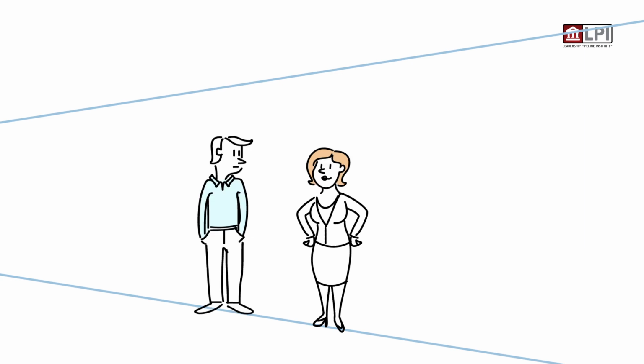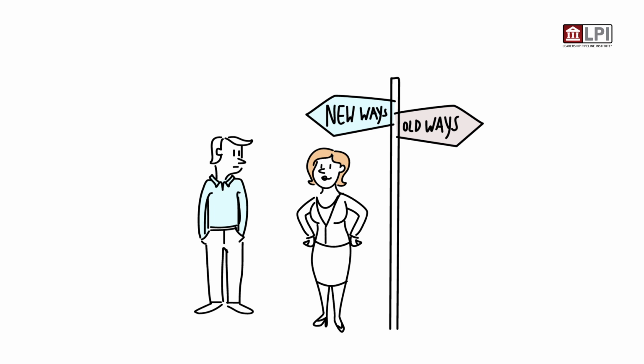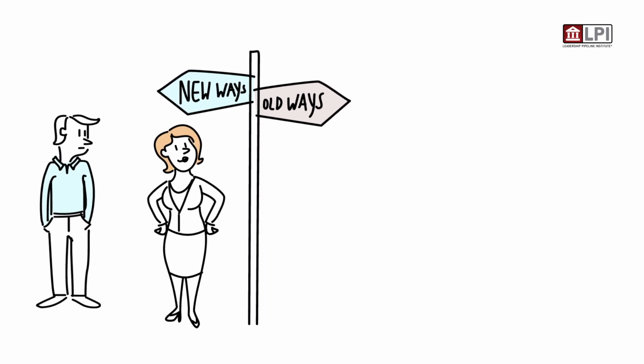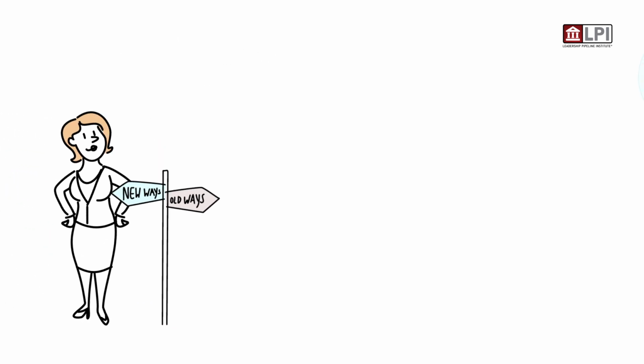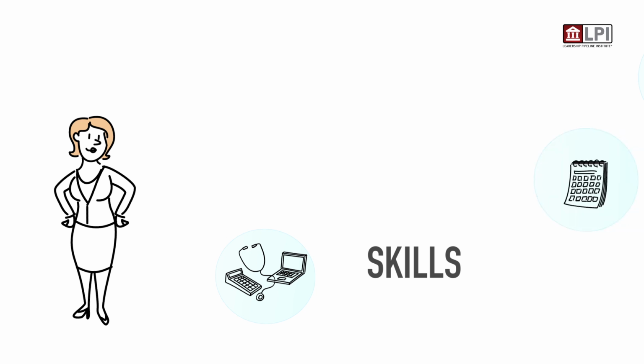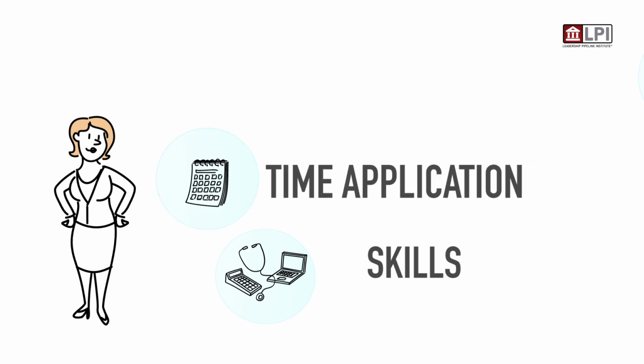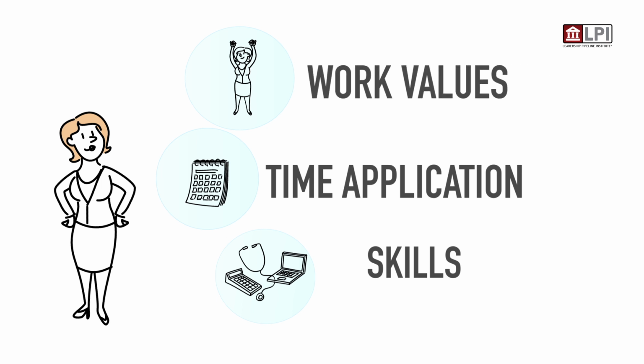Each passage represents a major change in job requirements. The manager who goes through the passages from one level to the next has to acquire a new way of leading and leave the old ways behind in the following areas. Skills. They need to learn new skills that are required to execute new responsibilities. Time application. They have to change the way they spend their time in order to put efforts into new responsibilities and level of complexity. Work values.